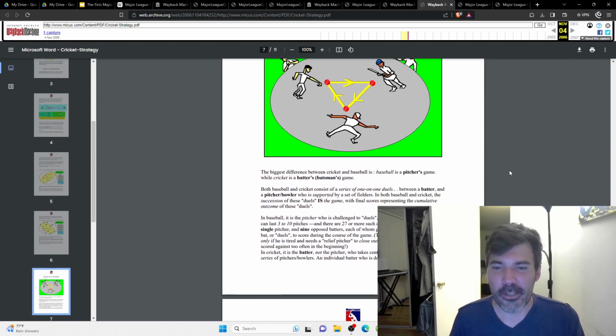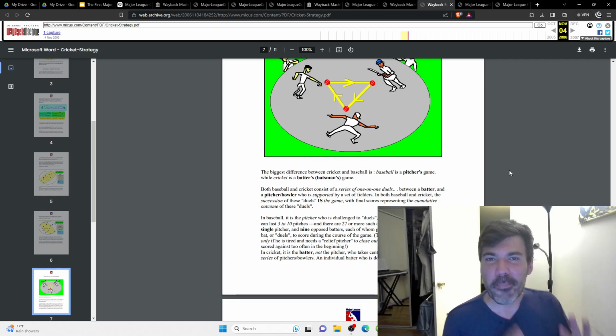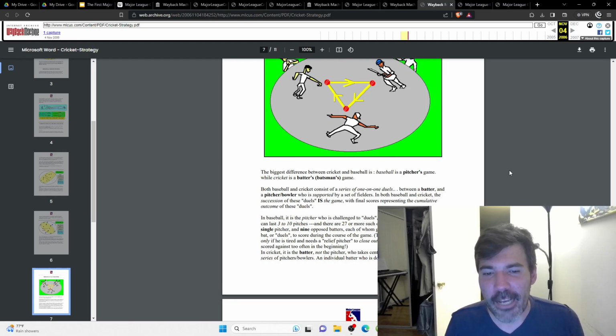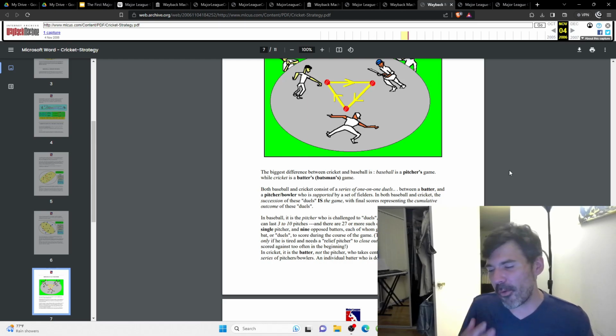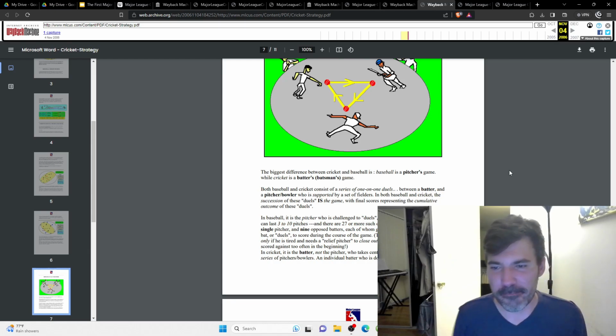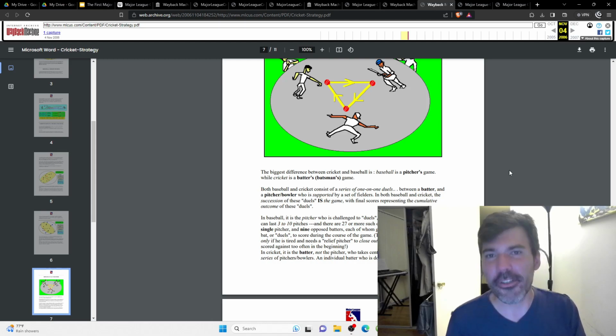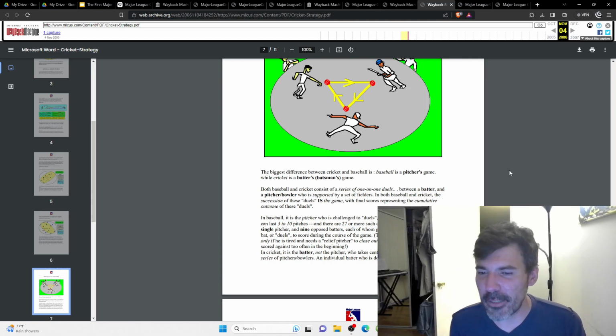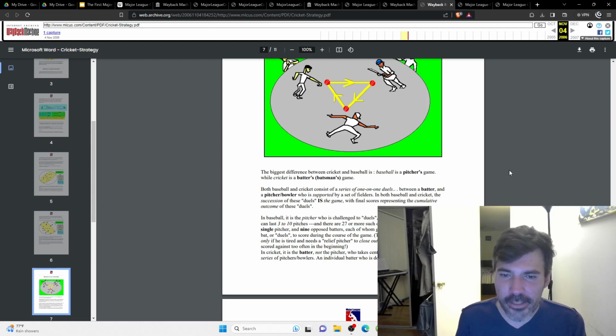So Deb says the biggest difference between cricket and baseball is baseball is a pitcher's game and cricket is a batter's game. And that makes total sense. Let's get into this. So they both consist of one-on-one duels. You have a batter here and a pitcher here. Both are supported by a set of fielders. Both can get out. Both have to throw the ball. There's a lot of similarities, but